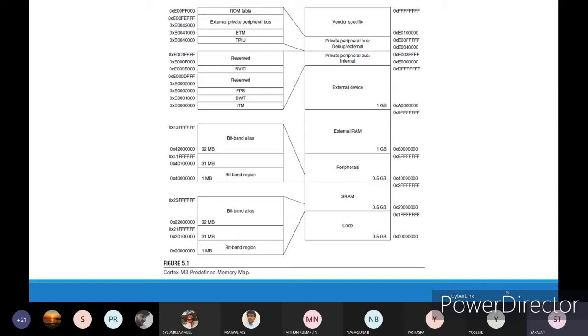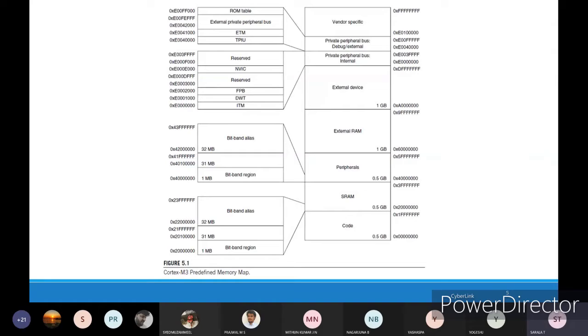If you are going for the private peripheral bus, debug and external input, there is TPIU, the trace port interface unit, which will be used for the debugging function, and ETM, the embedded trace macrocell, a mechanism for tracing the connection between the peripherals and the device.